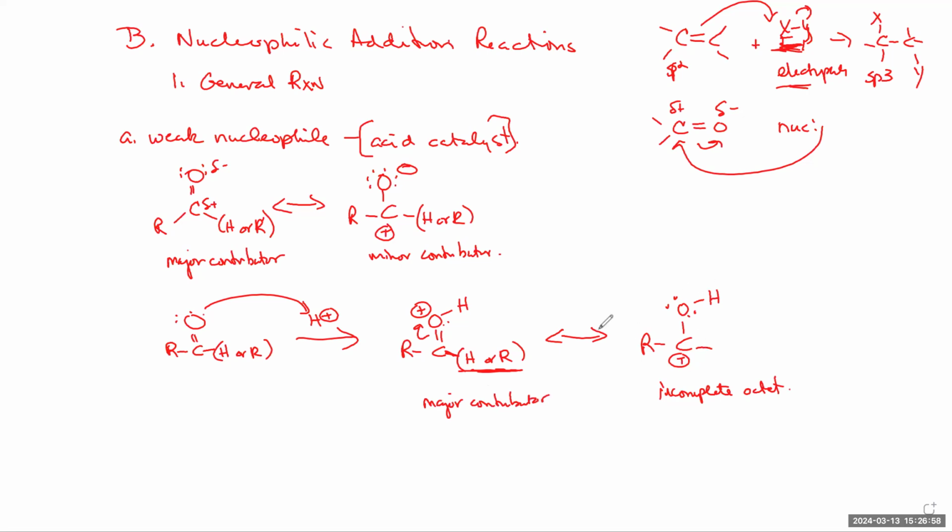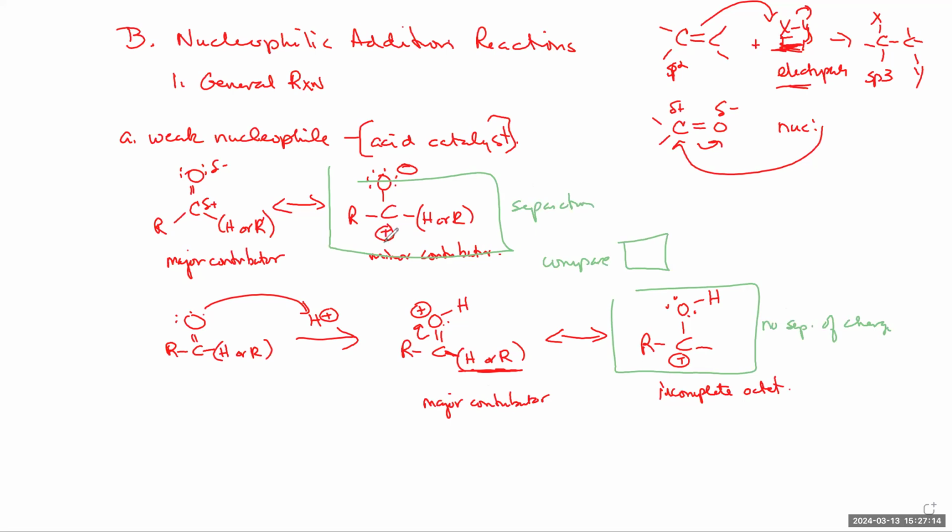This one is more stable than this one. If I compare these, this one has no separation of charge. This one has a separation of charge. It takes energy to pull that positive and negative away. So even though it's not the major contributor, it has more character. It's more stable than the one above. So even though it's the minor contributor,